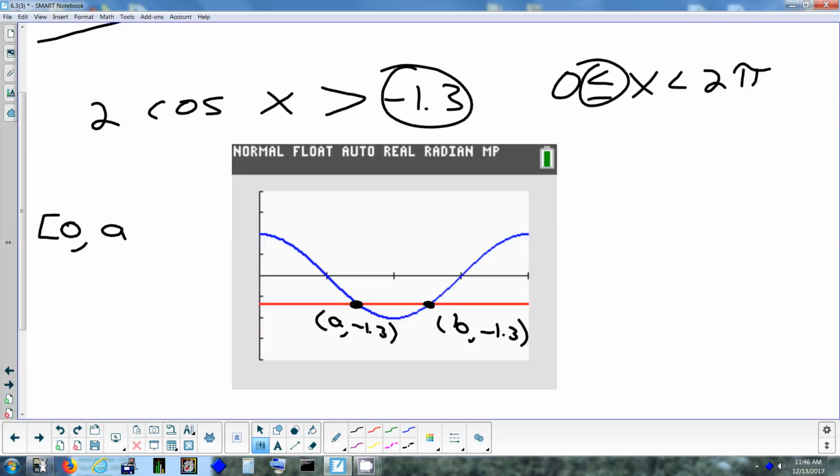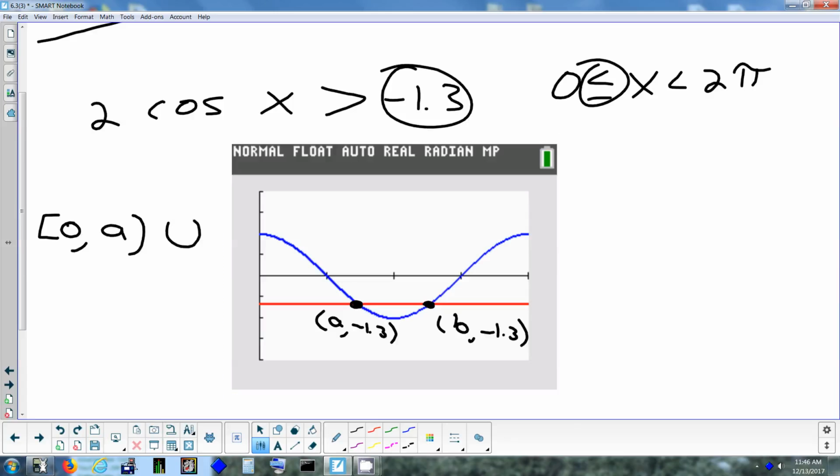Is it okay if these graphs are greater than or equal to, or is it strictly greater than? It says just greater than. At A, these graphs are exactly the same. They can't be exactly the same unless I put that. Okay, so anything between 0 and A, or